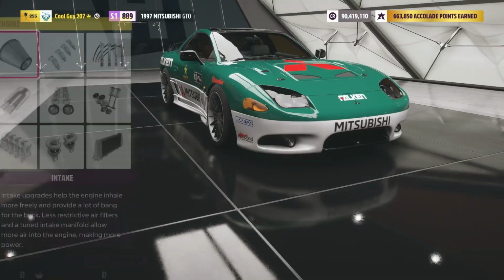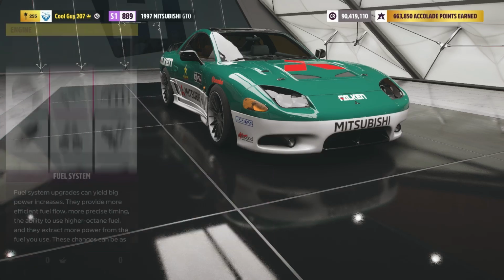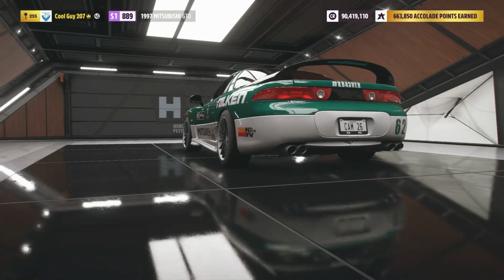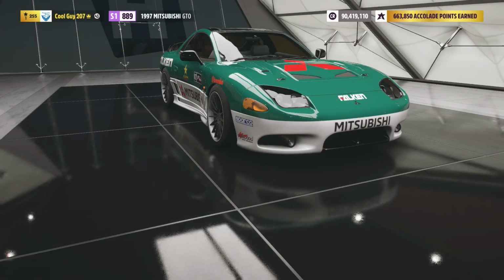Moving over to the engine, we have a race intake, race fuel system, race ignition, race valves, race cam, race exhaust, race engine block,